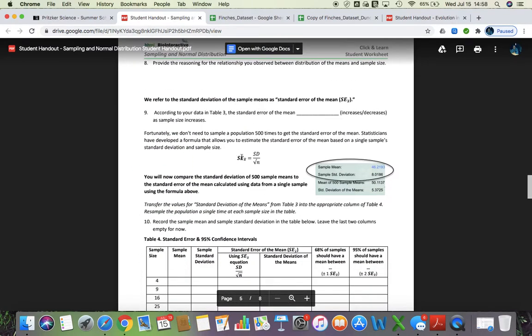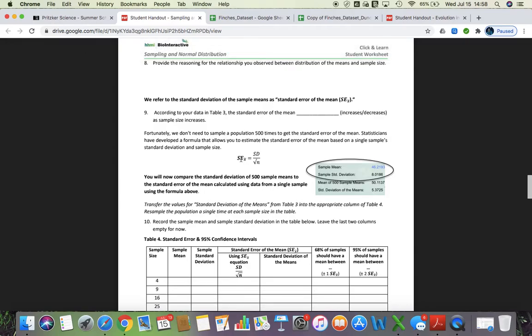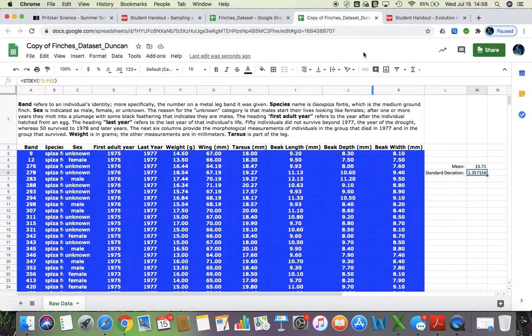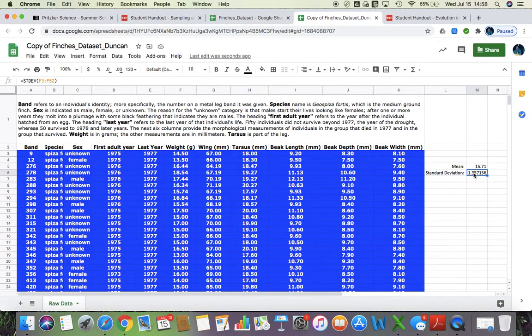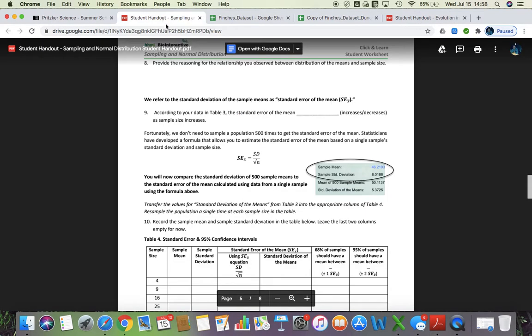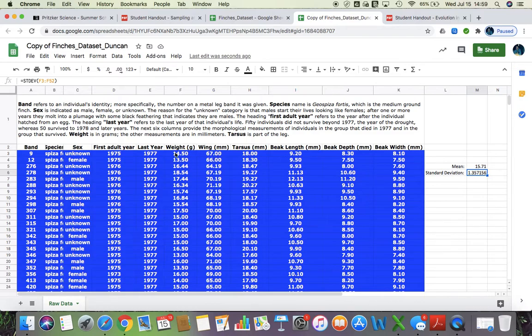So if I wanted to figure out what the standard error of the mean is for the non-survivors for body weight, all I would do is take the standard deviation, which is this value, and divide it by the square root of n, and n is the sample size. So all I have to do is count how many of these there are. So there's 1, 2, 3,